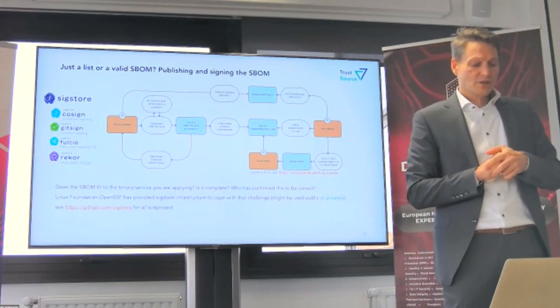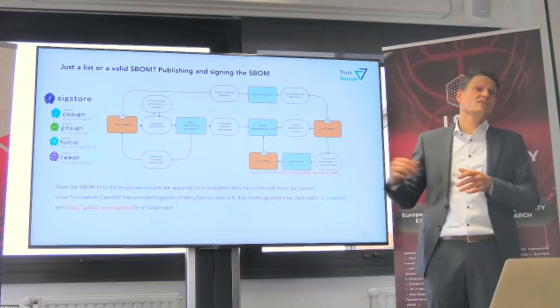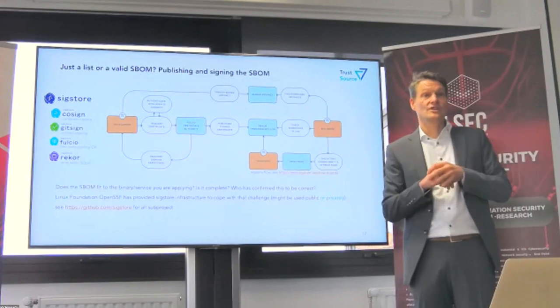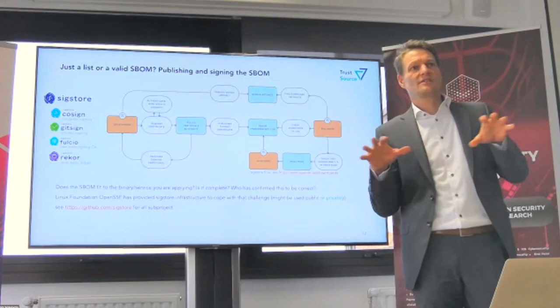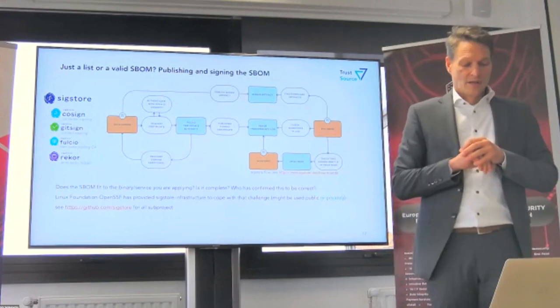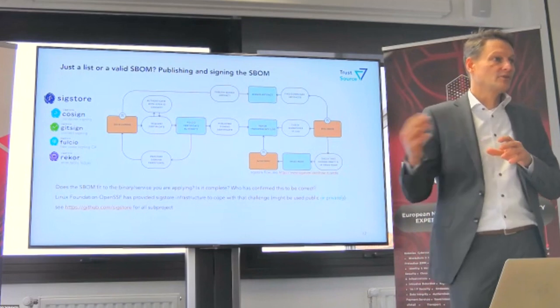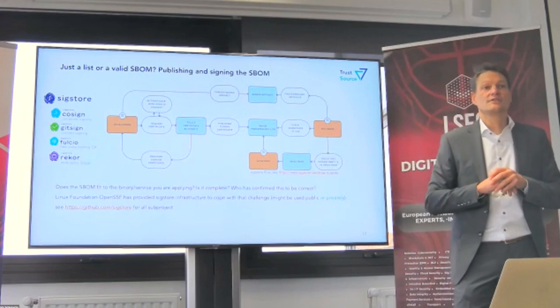I think it has a future, as usual. I mean, it's American, and it's currently operated centrally by the conglomerate of the tech giants. I don't know whether the Linux Foundation or one of the tech giants has its hands on it. But today you could go download the library cosign for containers or gitsign for your own software, and then start